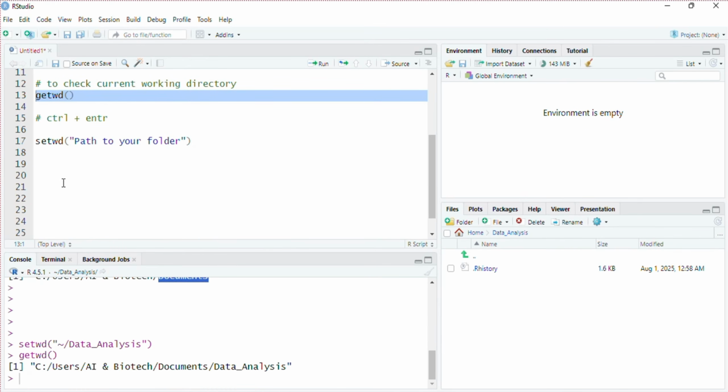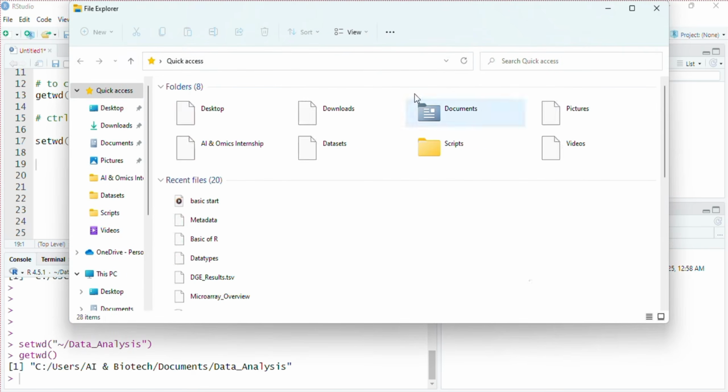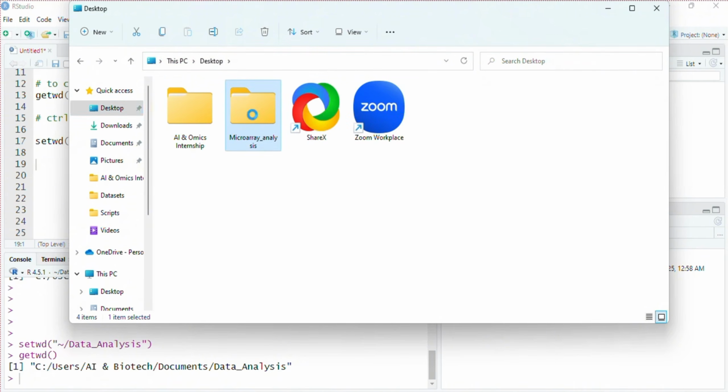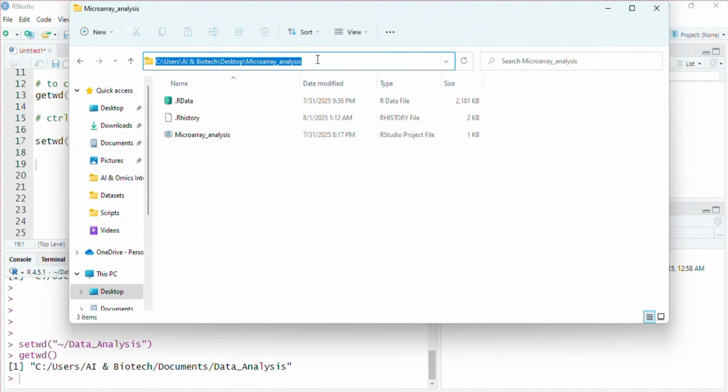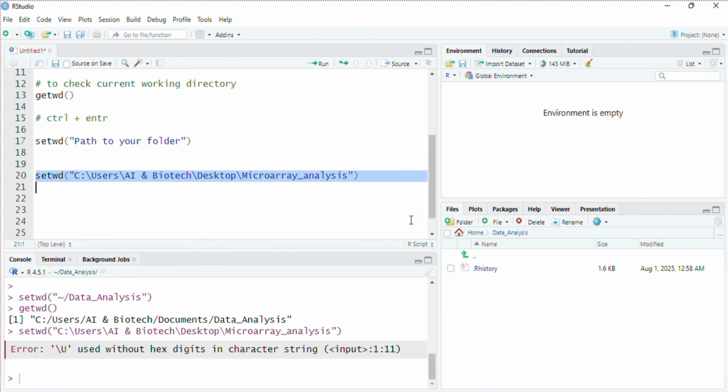Remember that if you copy a path from Windows, it will have backslashes like that. Let me show you. If I want to make this microarray analysis folder my working directory, I have to copy this path and paste it here in the command: setwd, quotation marks, then the path. R throws an error. But if I replace